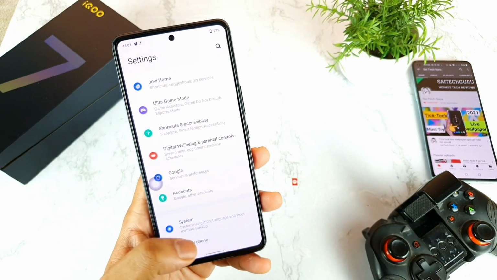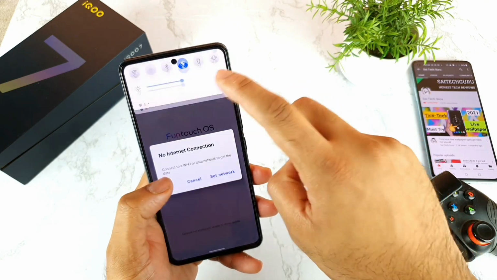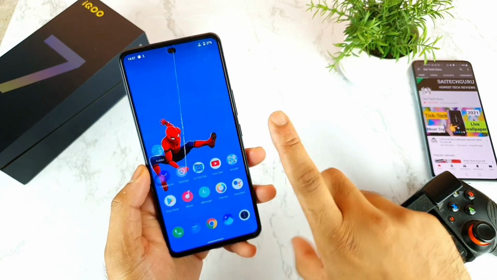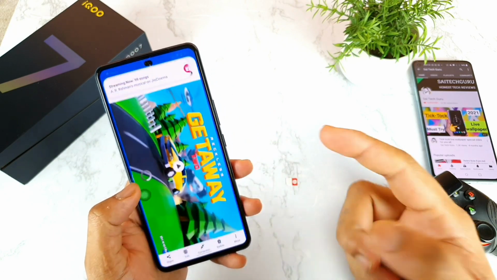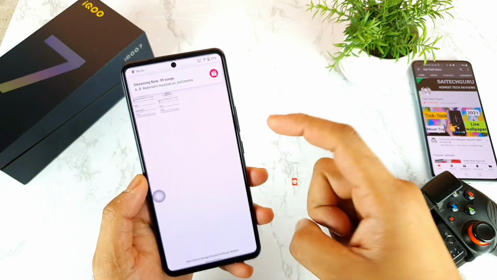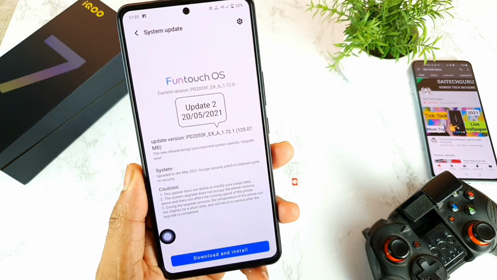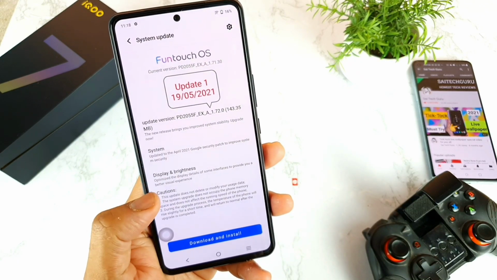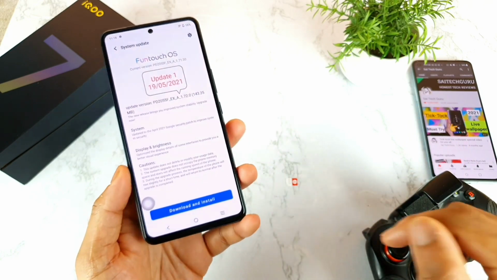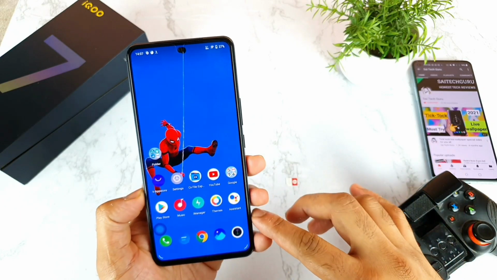But let's focus on the software update which I have received. As you can see, there is no update at the moment. Let me connect to the Wi-Fi network, and there is no update because I did download and install the update. Let me show you the screenshot I have taken here, so you know what the update information is. This is update 2 which I received, which is a security patch update, and this is update 1 which is for the green tint issue. A little bit got fixed, so make sure to check that video in case you're interested. And there is no information about the 4G plus aggregation in this phone, nothing at all.